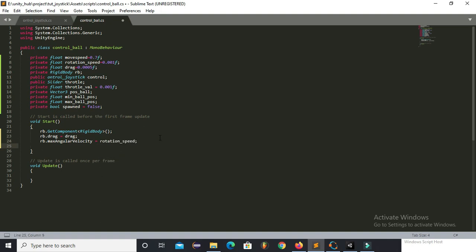And here throttle dot on value changed dot add listener.